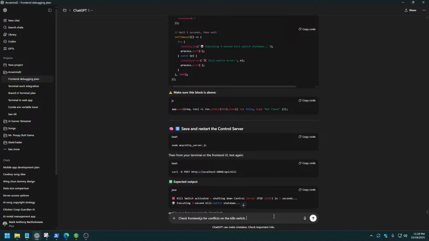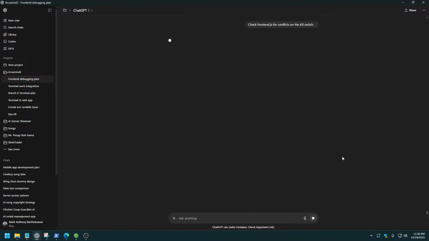Check front end for conflicts on the kill switch. Check front end JS for conflicts on the kill switch. Yeah, all right. So he's going to check the JS, compare it with whatever we're reading out on the server file, and then